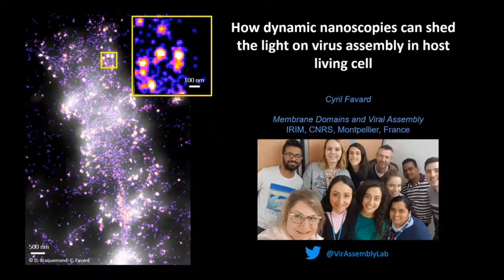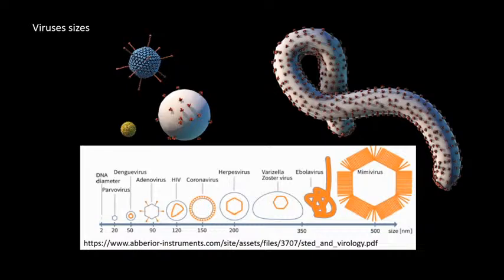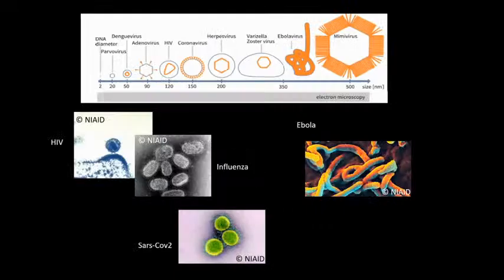As you all know, viruses are small objects made of several hundreds to several thousands of molecules, whose sizes range between 20 and 500 nanometers for the biggest ones, also called giant viruses. Because of their small size, they are difficult to visualize by classical photonic microscopy. Therefore, researchers have used electron microscopy for a long time in order to resolve their structure and to